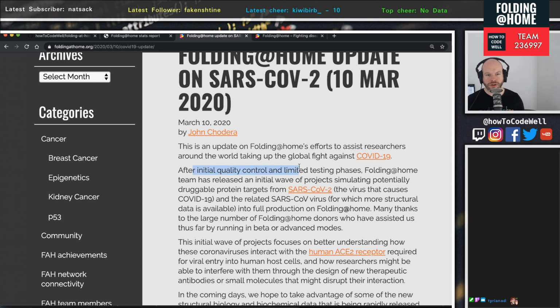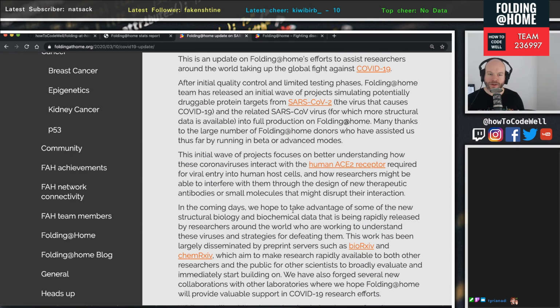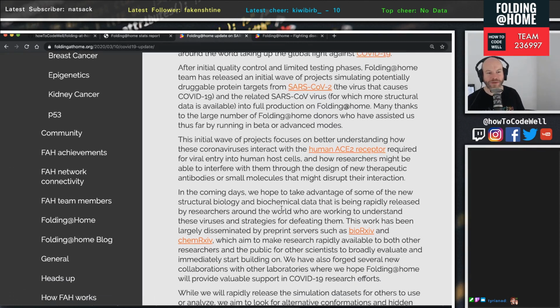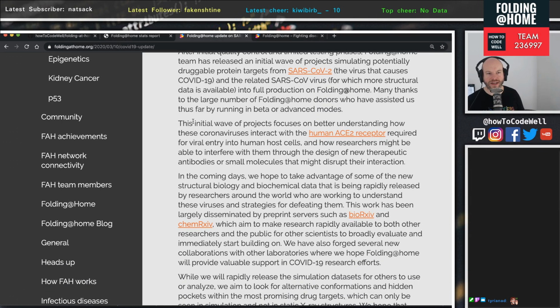So after initial quality control and limited testing phases, the Folding at Home team has released an initial wave of projects simulating potential drug protein targets from SARS-CoV-2, the virus that causes COVID-19. They're actually releasing work units to help scientists simulate potential druggable protein targets, which is amazing. So they go on and talk about the initial wave, that they're trying to understand the coronavirus,